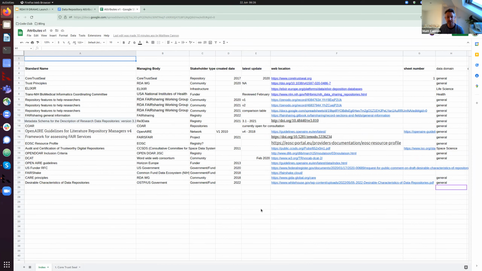standards or lists of features, and we've been breaking them up by the name, who they are being managed by, and then trying to group the stakeholders so you can see whether they're from repositories, communities, funders, and then trying to keep up with some of the timeline of these. So when they were created, if they've been updated, the web locations,